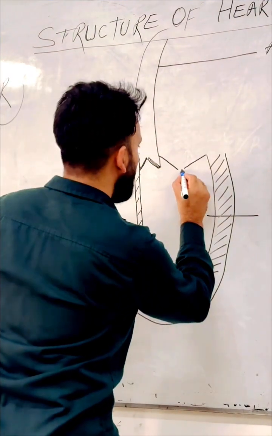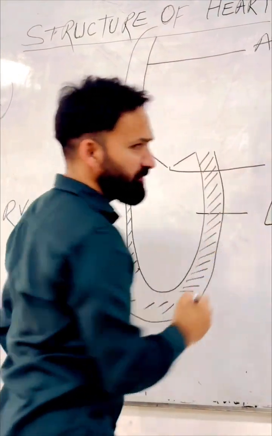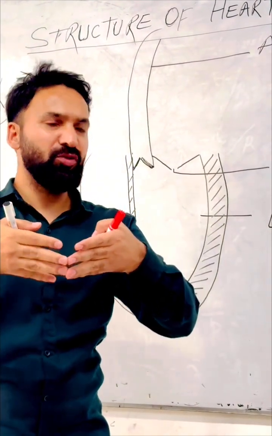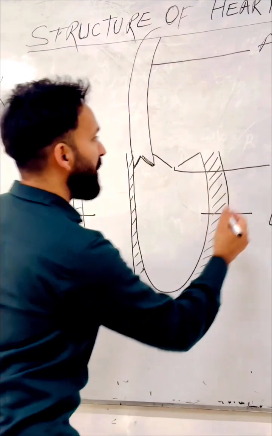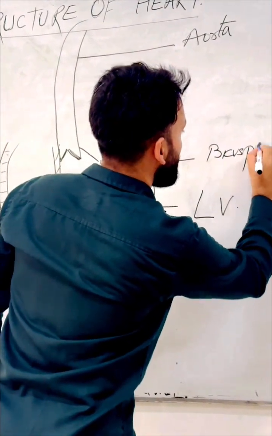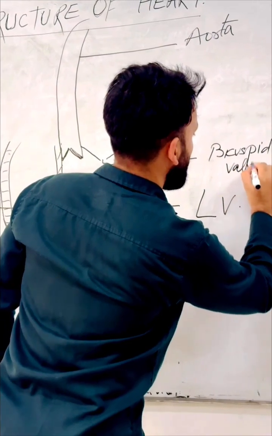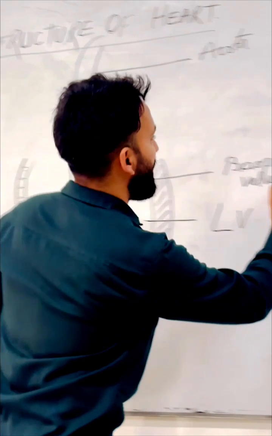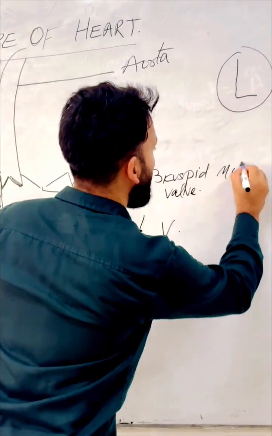This valve is just like two flaps. It has two cusps, two leaflets, right? That's why we call it a bicuspid valve. The proper name of it is the mitral valve. So we call it the bicuspid valve or the mitral valve,